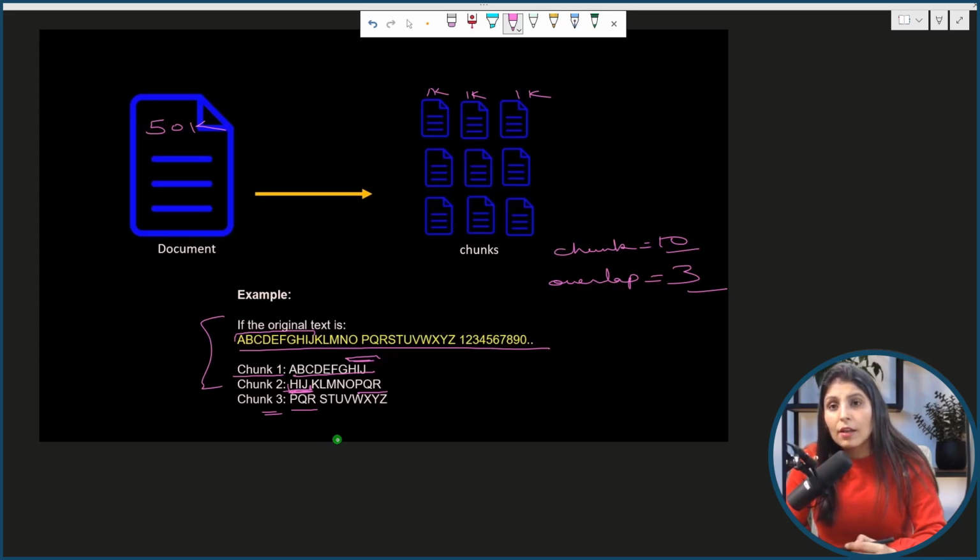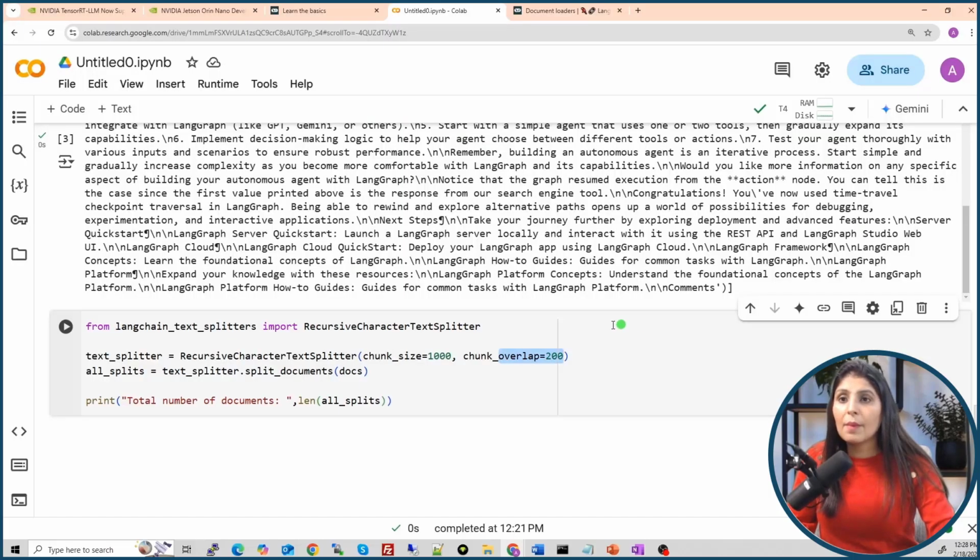If we do not use overlap, the second document will have no idea what is present in the first document. It will not have any context from the previous data. So your LLM application will not give you a good reply because it does not know the context. With this overlapping, we are giving the next document context about the previous document. That's what chunk overlap is.